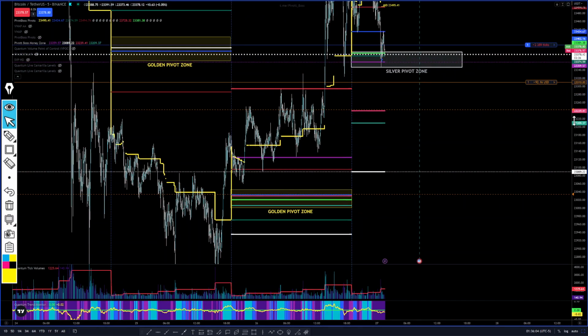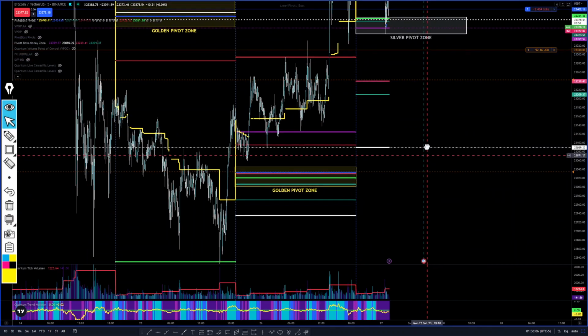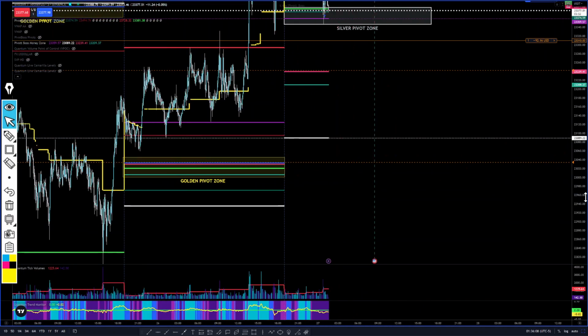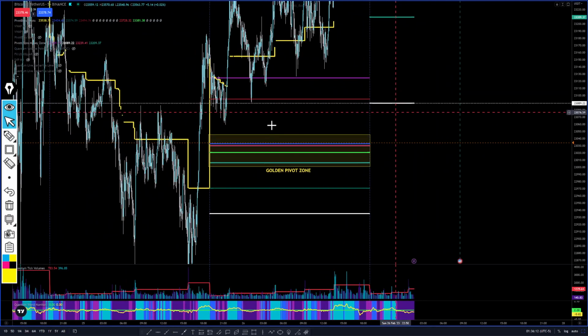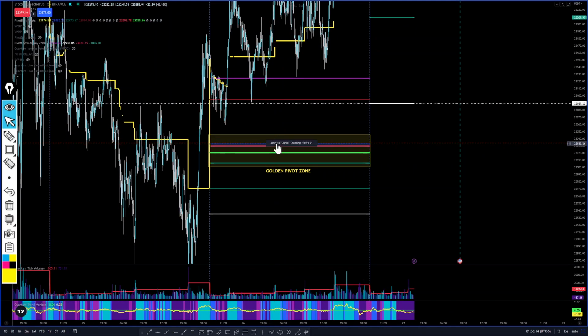So let me explain what this is, with the actual central floor pivots being on. This blue line right here is the pivot level of the central floor pivots. And now it's coinciding with the upper POC level of the money zone, and this is also Camarilla S3. So with all these levels lining up with the pivot level, in the same kind of range,